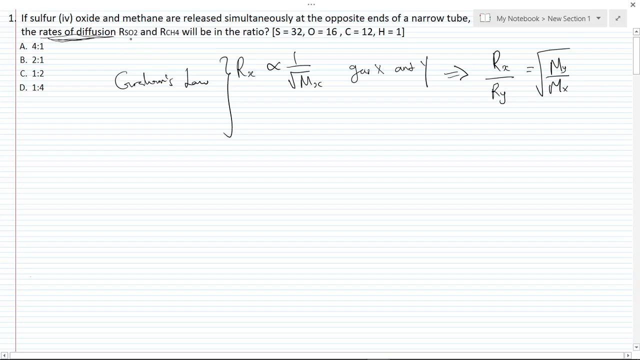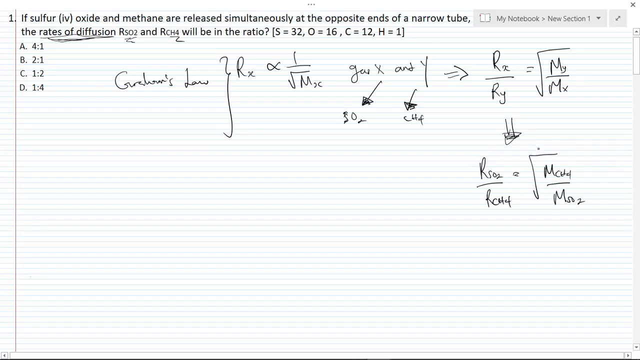However, in the question we've already been given what? RSO2 and RCH4, so X would be replaced by SO2, and Y on the other hand will be replaced by CH4. So we can then bring this down as RSO2 divided by RCH4 equals the square root of MCH4 divided by MSO2. So now we pretty much just have to solve this part of the equation. So we have MCH4